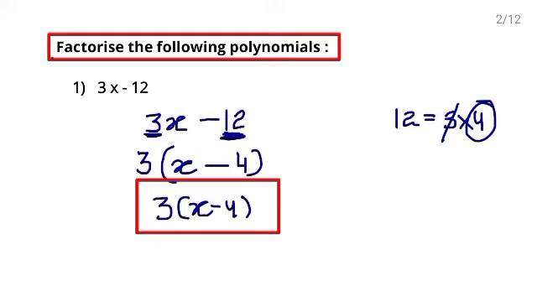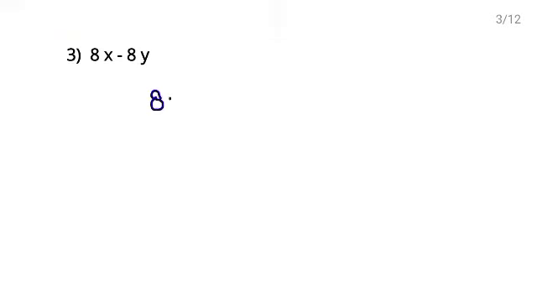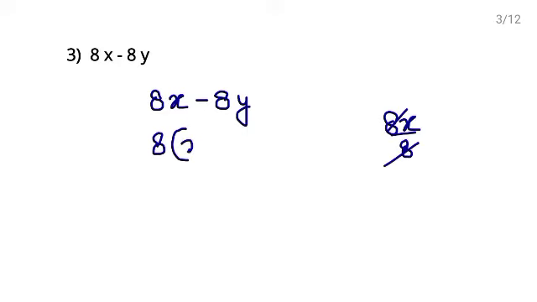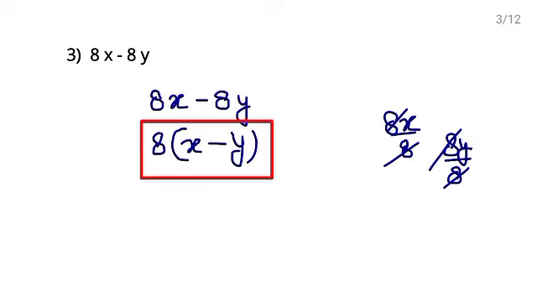This is your answer. Now question number 3, 8x minus 8y. What is common in both the terms? 8 is common, right? So we will take 8 outside the bracket. If we have taken 8 outside the bracket, what are we left with? x and y. बिकॉज 8 तो हमने ब्रैकेट से बाहर ले लिया, तो 8x में से अगर हम 8 बाहर ले रहे हैं, वी लेफ्ट विथ x, माइनस 8y में से वी हैव टेकन 8 आउटसाइड द ब्रैकेट, सो वी लेफ्ट विथ y. सो दिस इज योर आंसर, 8 इंटू x माइनस y.